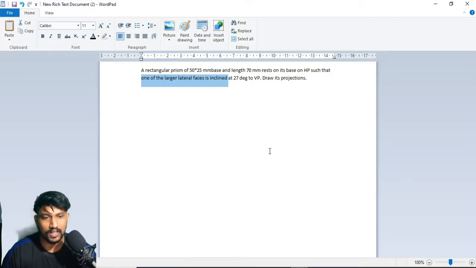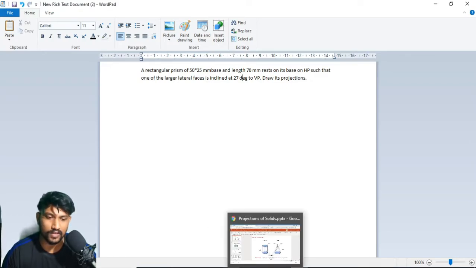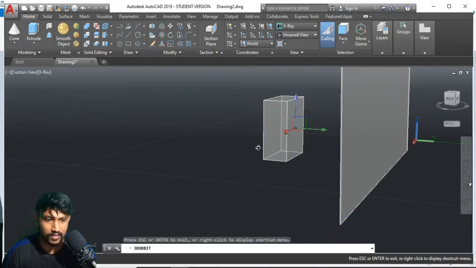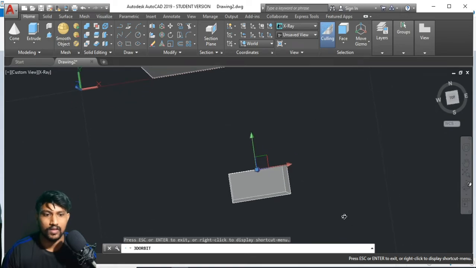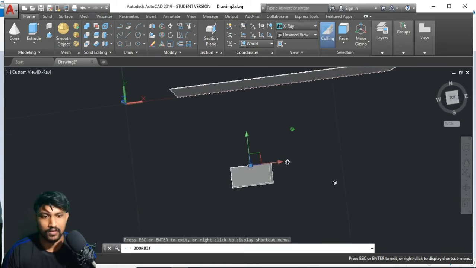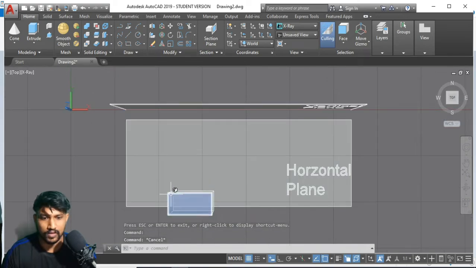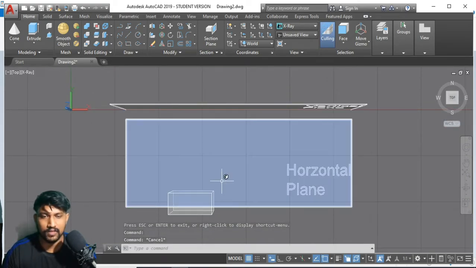So what he is saying is, one of these larger lateral faces is inclined at 27 degrees to the vertical plane. Right now these two are parallel. These two seem to be two different straight lines from the front view.